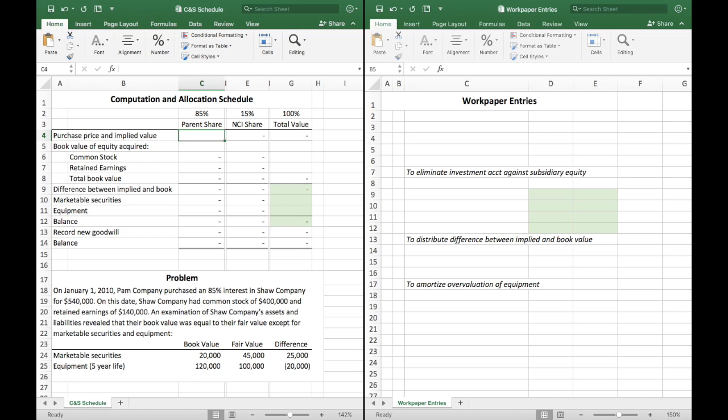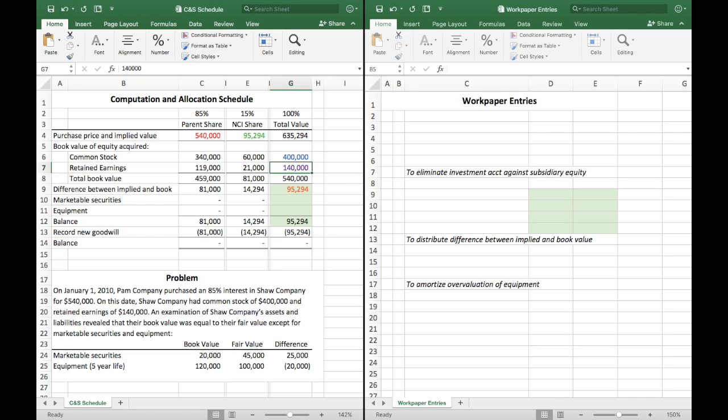We can start off by adding the purchase price of $540,000, and from this we can determine the implied value by dividing $540,000 by 85%. And we can then calculate the non-controlling interest by multiplying the implied value by 15%. We were also given the common stock and retained earnings of Shaw Company, and if we subtract the total book value from the implied value, we get a difference of